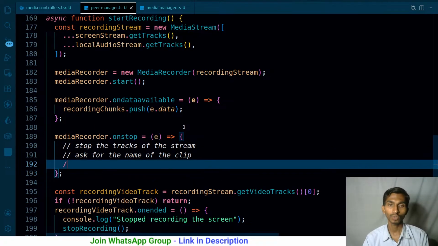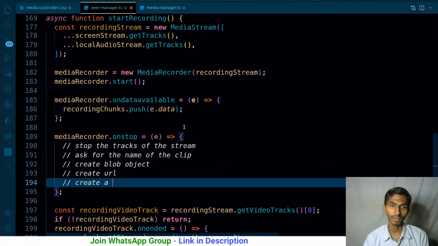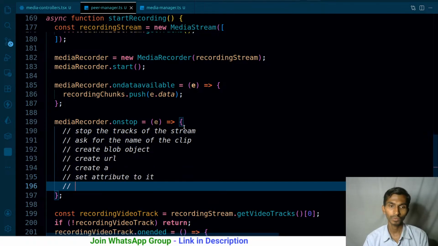After that, once you have the name, create a blob object, create a URL, create an anchor tag, set attributes to it, make it downloadable, make the clip downloadable, and add the anchor tag.